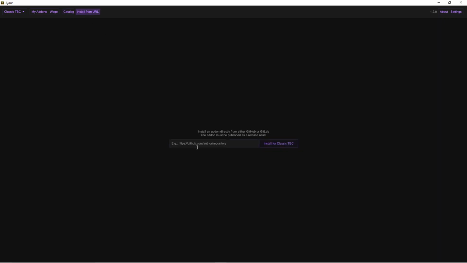Azure also has a few other features that aren't found in CurseForge or in WoWup. The first is the ability to link your WAGO account to keep your WeakAuras up to date with the WAGO tab. The other cool feature available in Azure is the ability to back up your add-ons and settings.